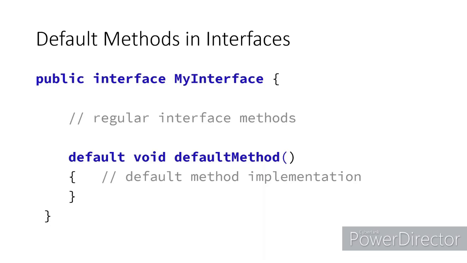Abstract methods have no body, so I will have to override them. But the default method already has a body and it is already inherited in my implementation class. So when I create an object of the implementation class, I can directly invoke the default method on it. I will just show you an example so that you get an overall idea. Let's do one example.